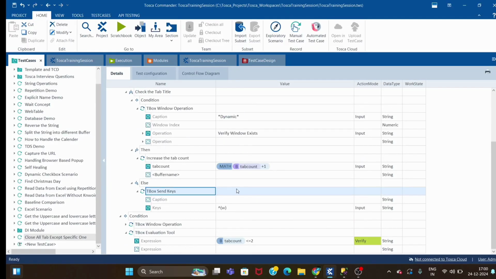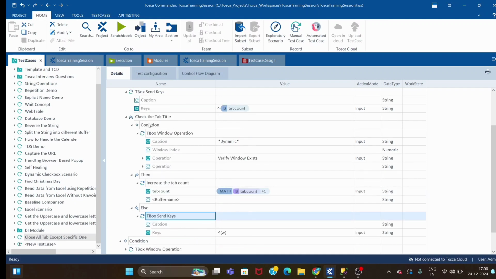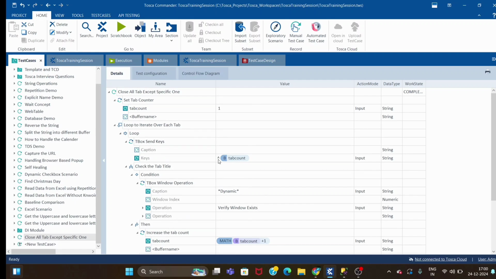It will close the window. Okay, and our counter is still 2. It will check whether 2 is less than or equal to 2, which is true, and then it will go inside the loop and it will check send keys counter of 2,